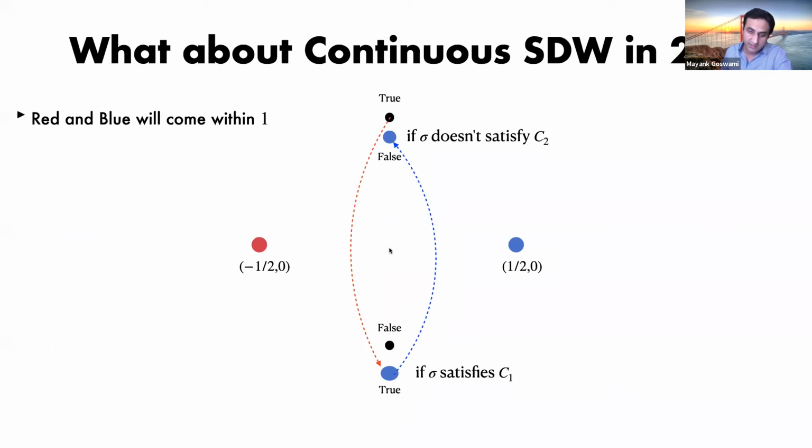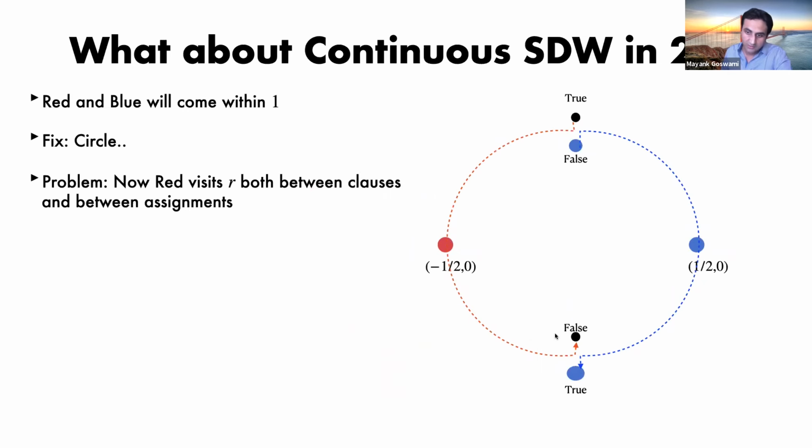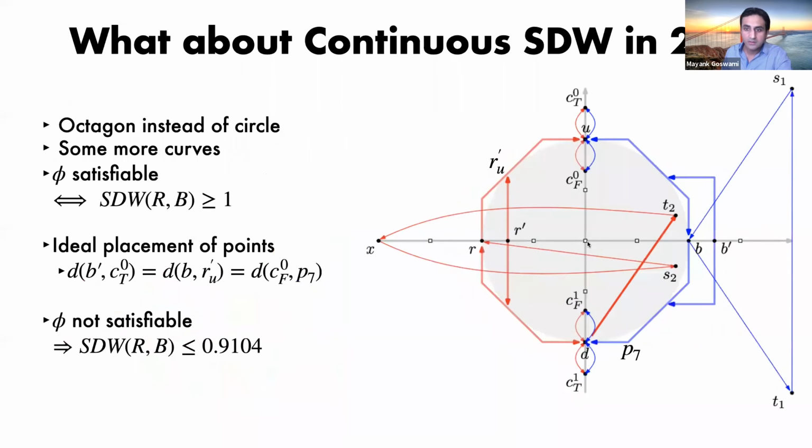And if you just send them vertically up and down, they'll cross each other. So one fix could be that you could make red go this way and blue go that way. But that creates a problem because previously red was at this point only before starting an assignment, but now red is at this point even between clauses, and that's a problem because that won't give you an honest traversal. Red could finish some of its clauses from one assignment with blue, and then some of the clauses from the next assignment with blue. So you can fix this by replacing a circle with an octagon,